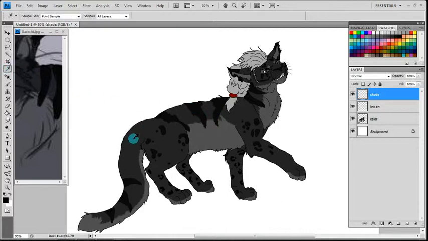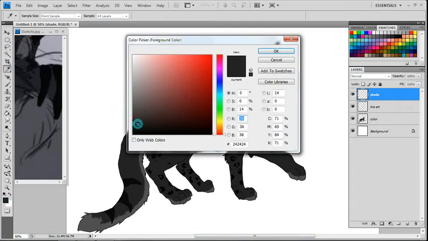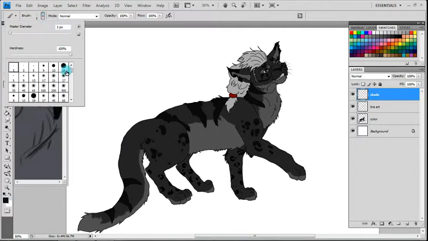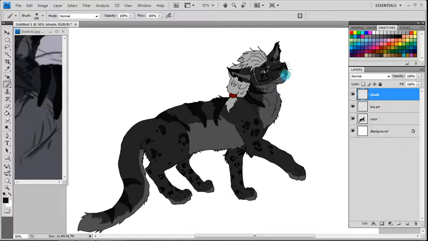You want to choose a darker color of the main pelt. Unfortunately, with him, it's going to be almost completely black. You can either use a flat brush for flat shading or a fuzzy brush for more faded look shading. I'm gonna try with the faded look. You want it kind of big. A lot of people color the whole character. I don't do that. I only do areas that I know I want